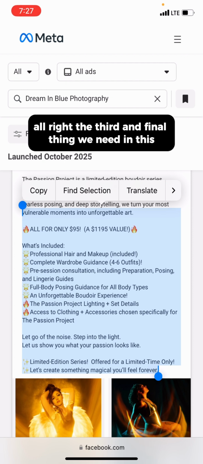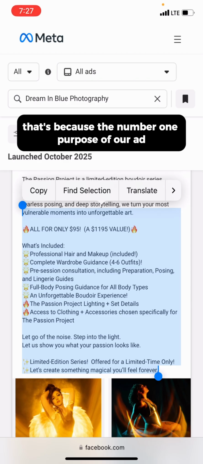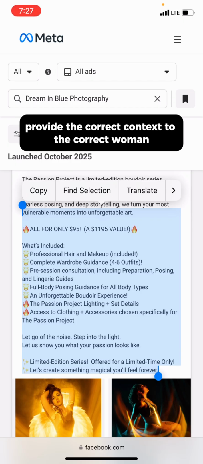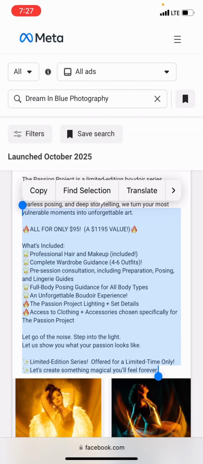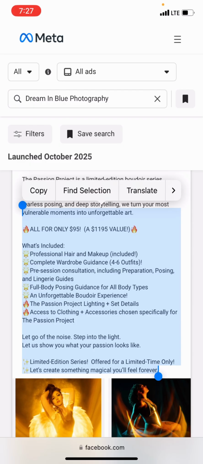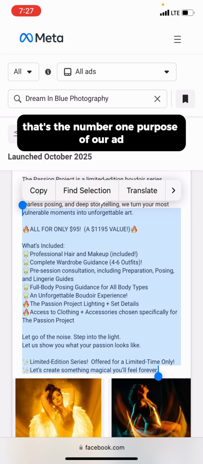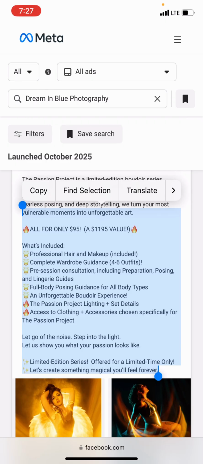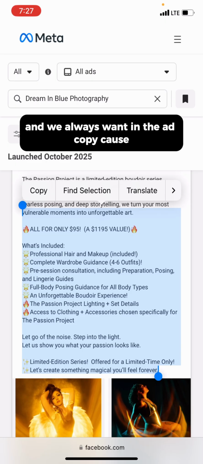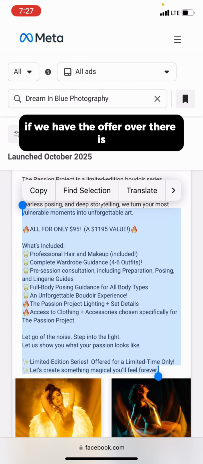All right, the third and final thing we need in the body copy is our full offer. That's because the number one purpose of our ad is to provide the correct context to the correct woman, and then at the end, give her our offer when she knows we're talking to her. That's the number one purpose of our ad. And we always want it in the ad copy because, unique CTR link, clicking over to the web page, if we have the offer over there,